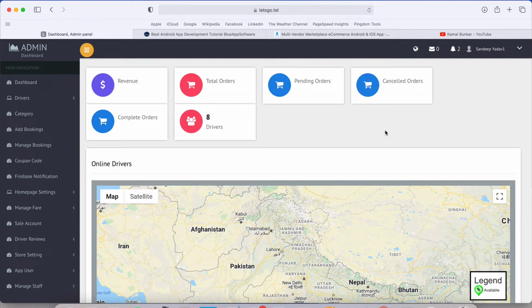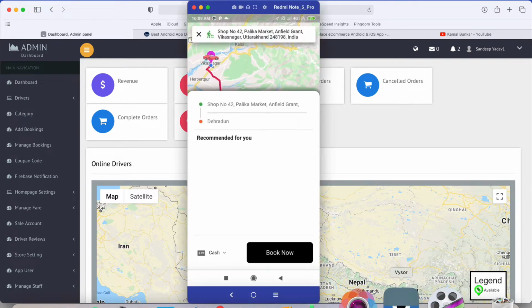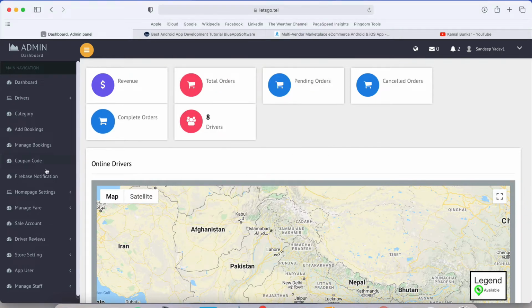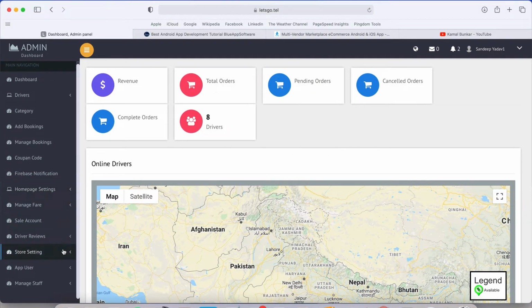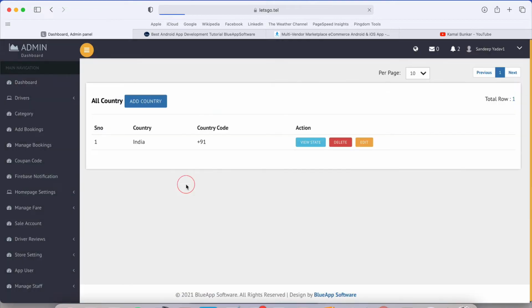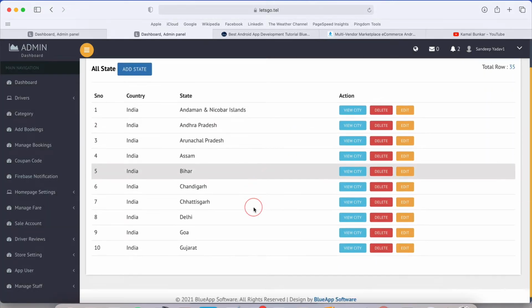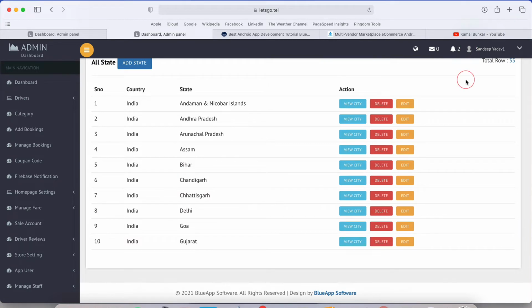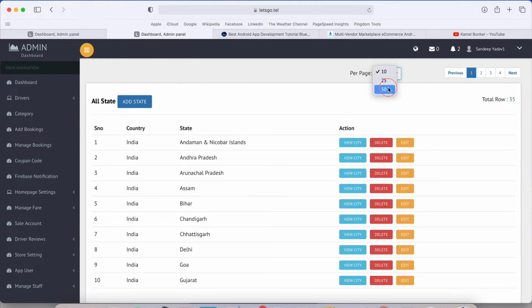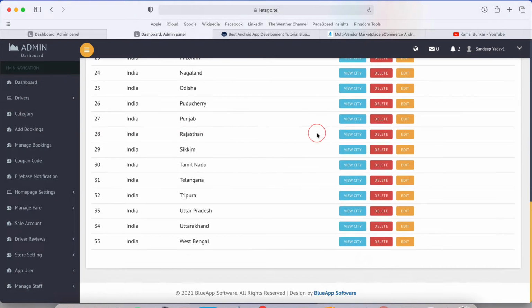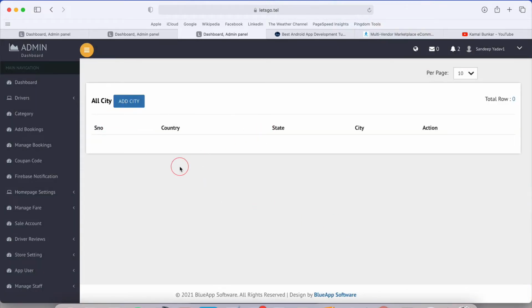We have built one API where I pass the source and destination of the user, and then we detect whether this source and destination belong to the city region or not. We can manage the city from the admin panel. Right now inside India, if I go to the state first and then the city, Uttarakhand, as you can see, has no city.